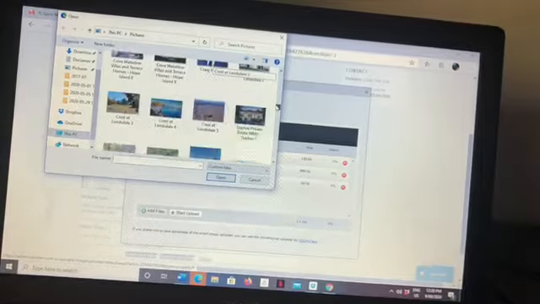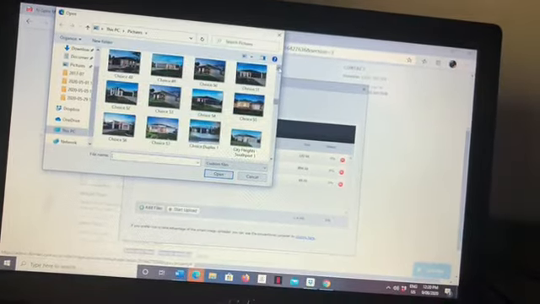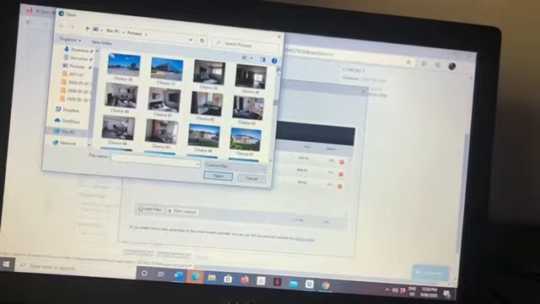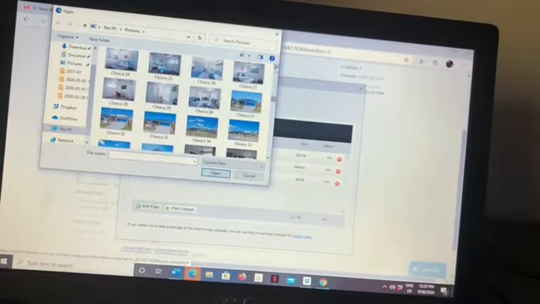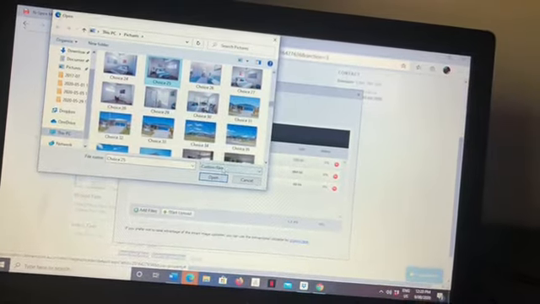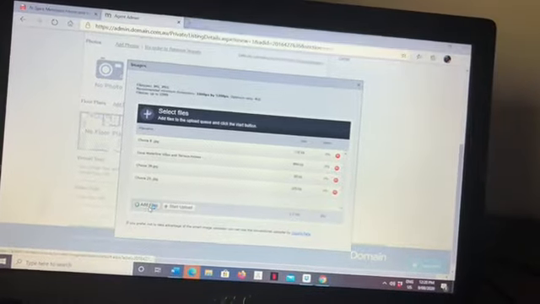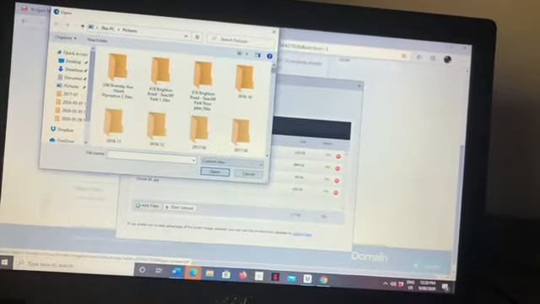So I'll just find a couple more shots. Got anything else that might fit the bill? There's another bedroom shot. Okay, so we've got a few interior shots, and then the photographs that I took from